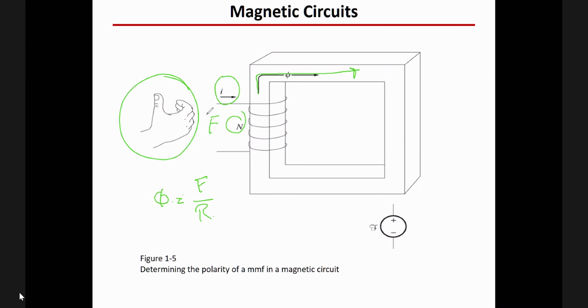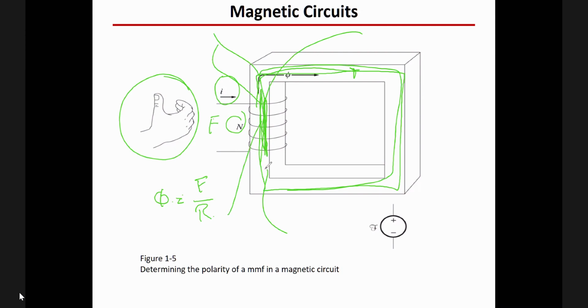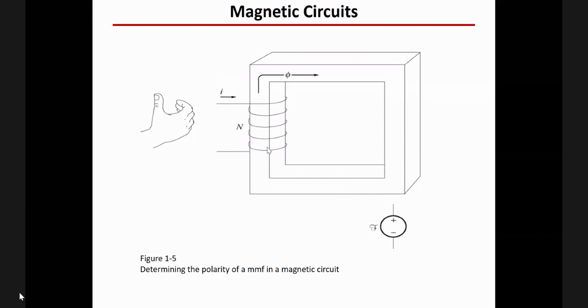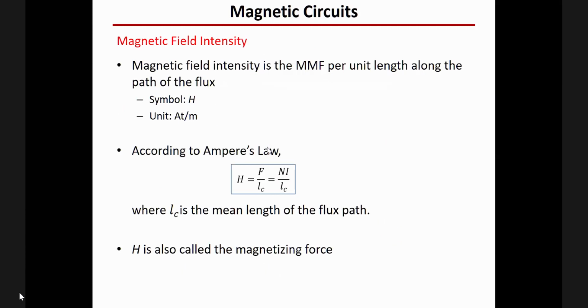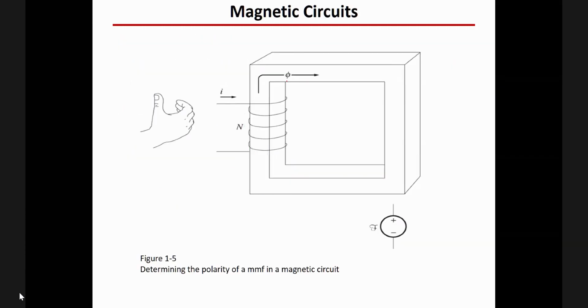So yes, that's the answer to why we use the magnetic core, because you can see that this magnetic core material will allow us to move the flux in a specific path. And this is what we need in a magnetic circuit. But if we don't have this magnetic core, what will happen? Yes, we will generate magnetic flux, but it's going to be everywhere. It will be everywhere. Yes, because if you don't have this magnetic core,